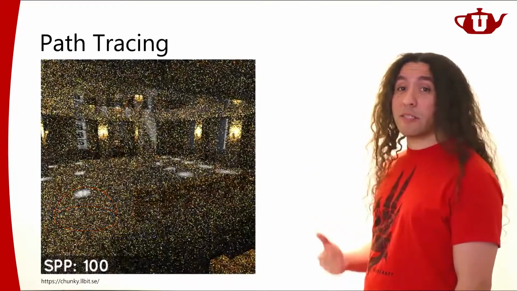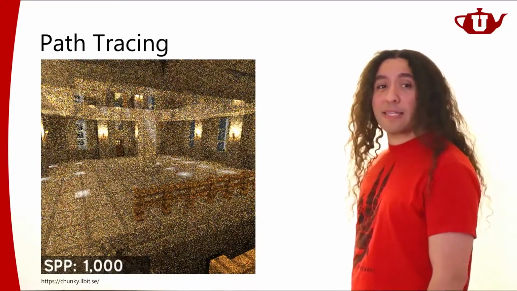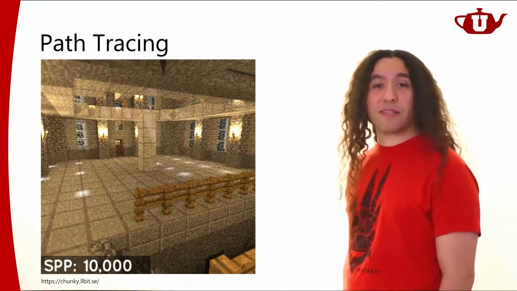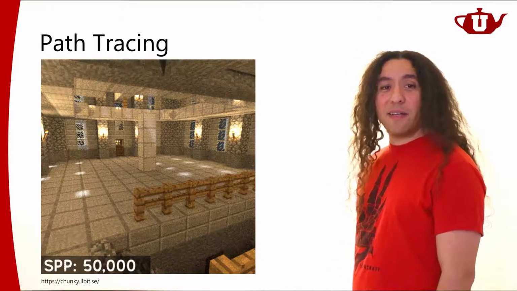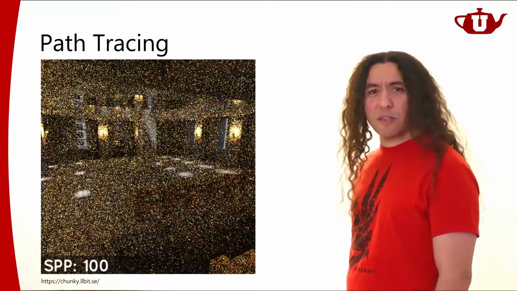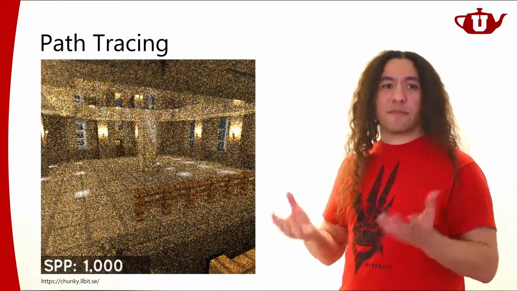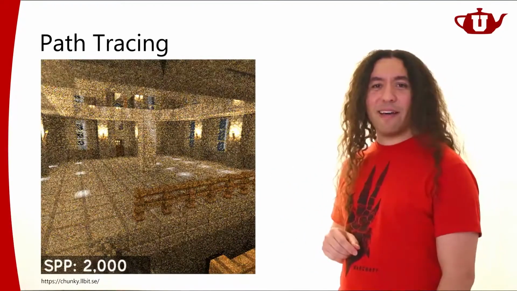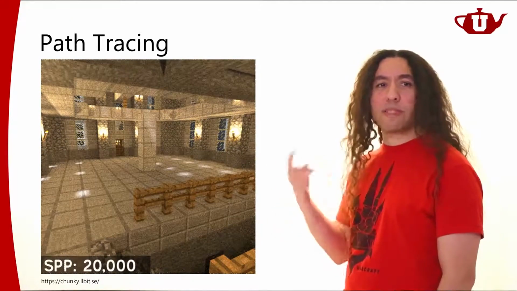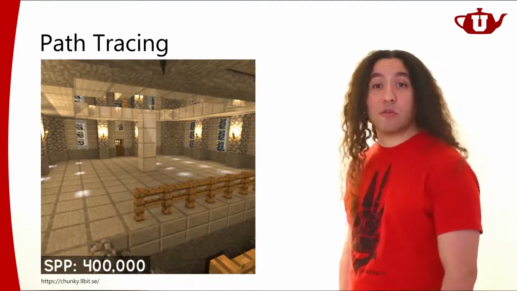Yeah, noise. Here's an example showing how an image converges as I increase the samples per pixel. So SPP means samples per pixel. It's starting with a very small number of samples per pixel, which is, I believe, 100. Yeah, it's super noisy. To be able to get a good estimation of indirect illumination, I need to look at a very, very large number of samples, right? And eventually, as I add more and more samples, I get an image that is converging to what it's supposed to be.